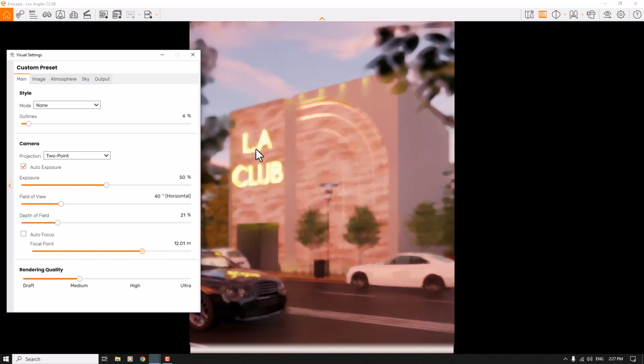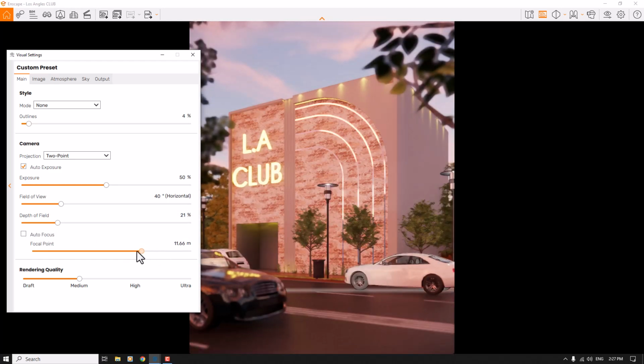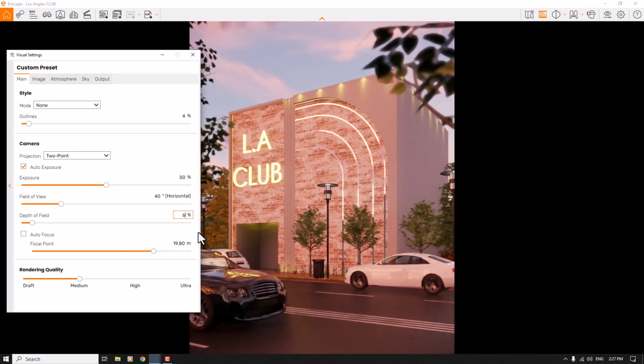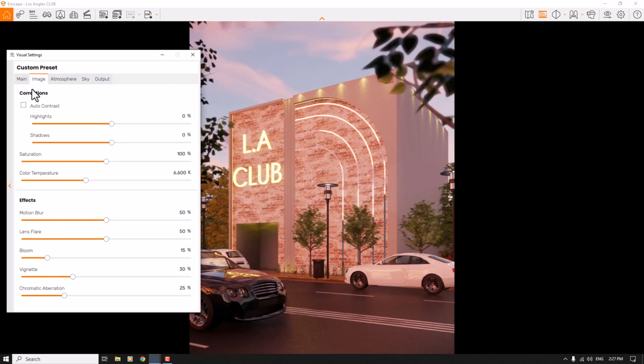Alright, about the depth of field, I'm going to turn it on and use the focal point on the LA club in here, and I think some number related to the 90.80 is the best number for it. So I'm going to type 9080 in here and decrease the depth of field to the 6%. Alright, I'm going to click on the image bar and turn on the auto contrast and increase the saturation a